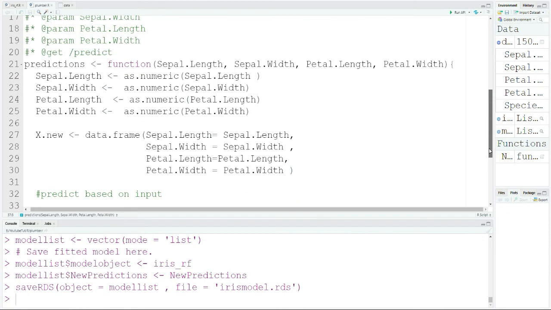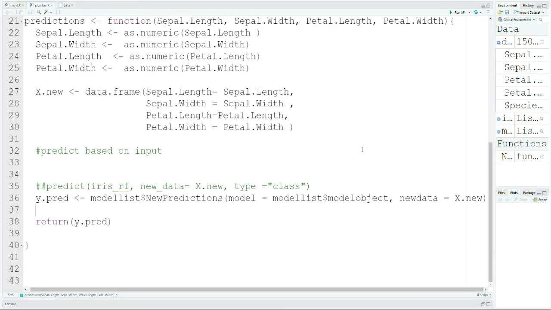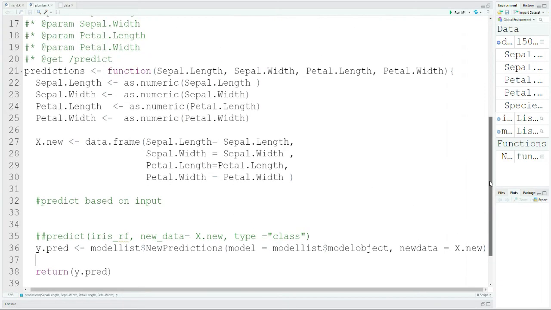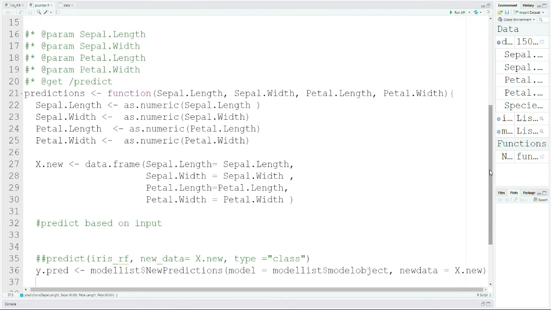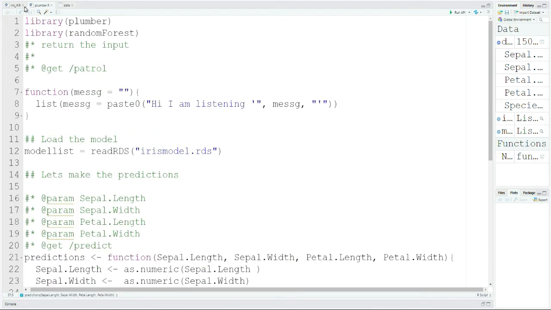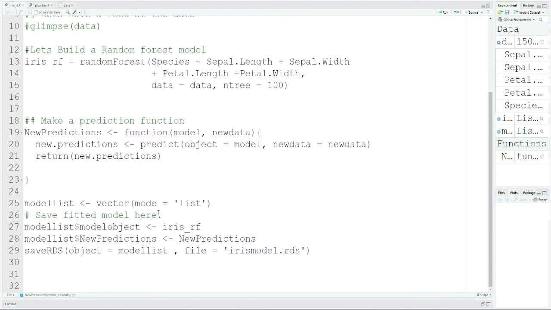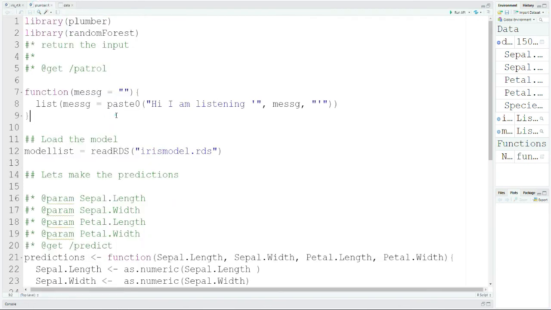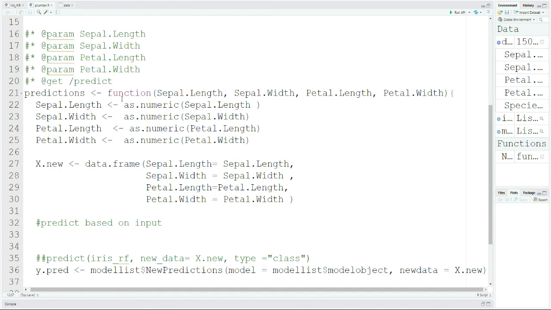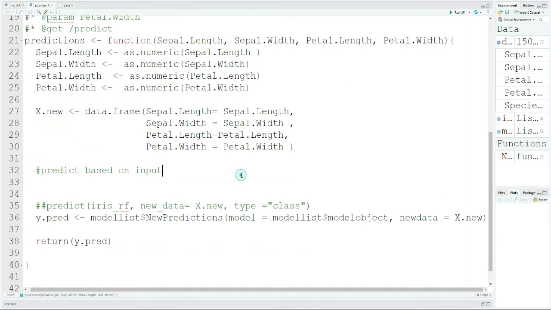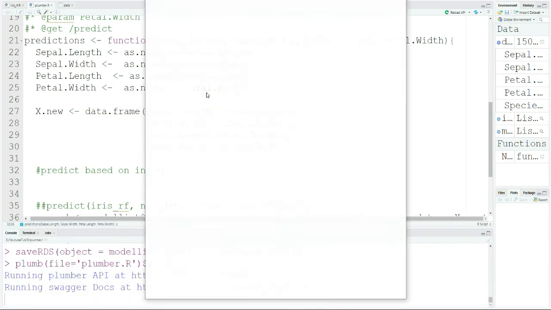Basically, that is all. So these are the few things. I know it might be confusing or might look like too much, but trust me, you watch this video a few times or just rewind it if you are missing something. But these are very simple things. You see that here I have created the models, I have saved the model, and here I am simply loading the RDS file, or loading the model, and I am simply creating a function which takes my input and makes the predictions. So let me run this and this will make more sense. So now let me run this.